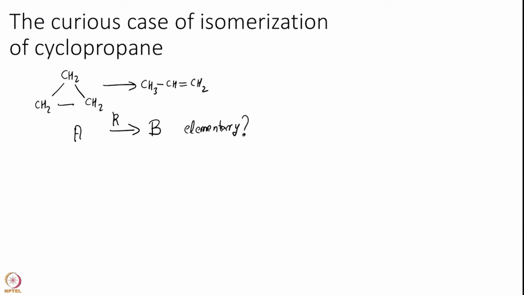Okay. Let us assume it is elementary. I do not know, I am not claiming it is elementary, but let us start by assuming that. Seems like a natural approximation after all. If I assume it is true, well, we have already derived for a first order equation, rate is equal to minus dA over dt equal to Ka.